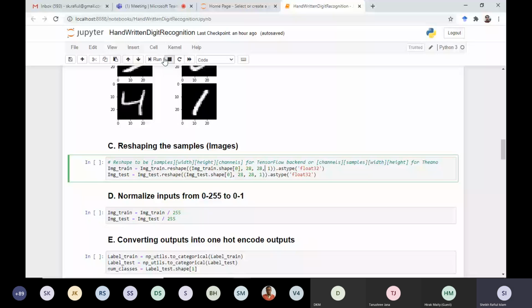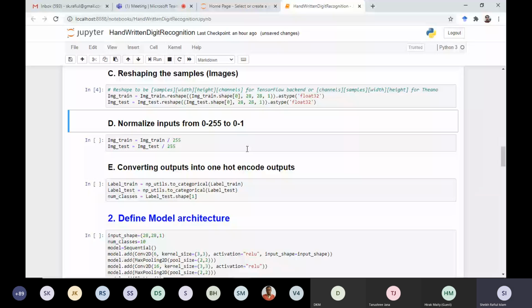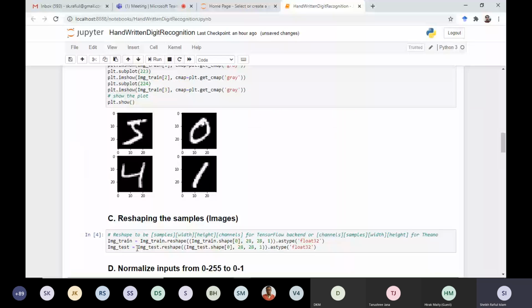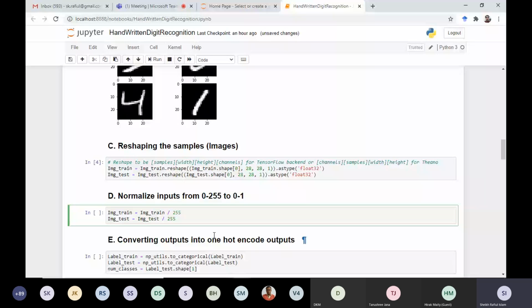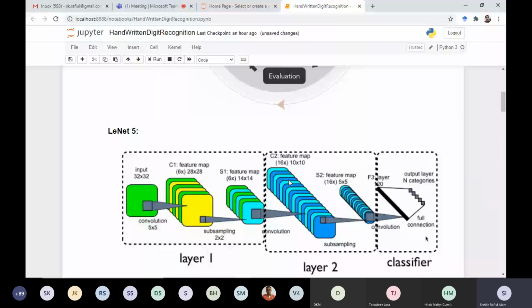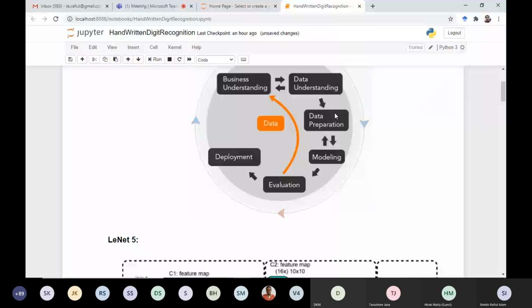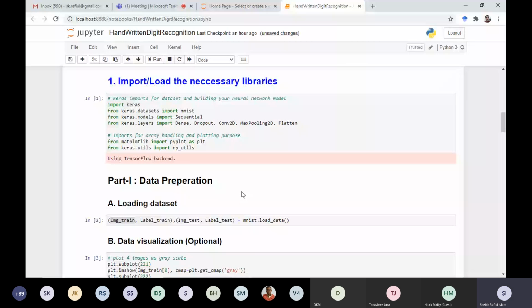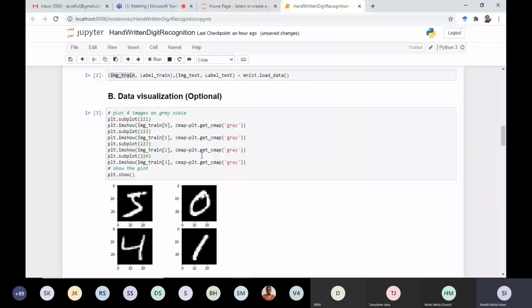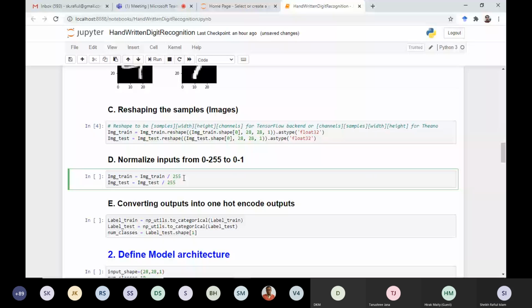So what we have done here is convert those input images into tensors. Now that we have these tensors, we need to do data processing, as already mentioned, data preparation. This is the first stage we need to follow. After converting those images into tensors, we need to perform normalization operations.